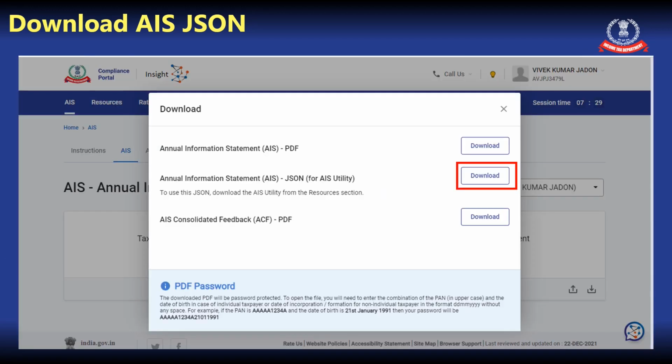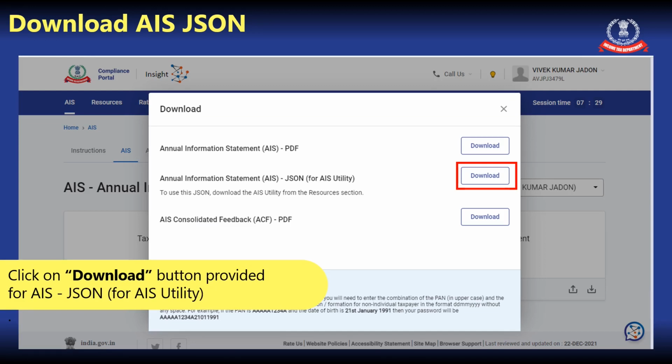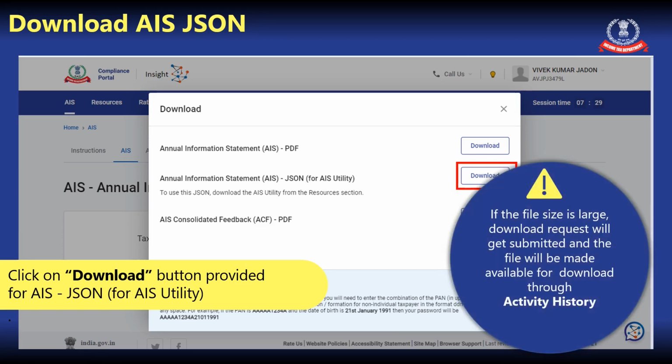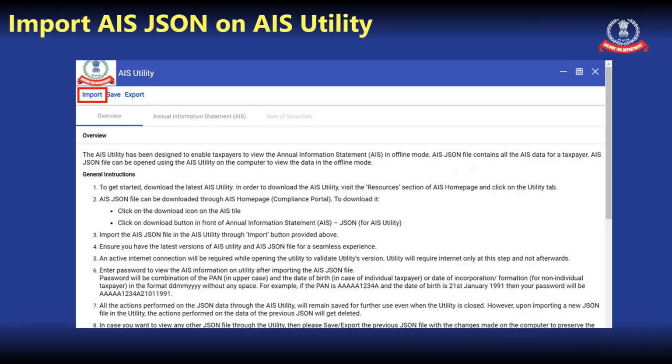So again, you will go back to the same download tab and now download AIS in the JSON format. If the file size is large, the download request will get submitted and the file will be made available for download through Activity History. Now we need to import the AIS JSON on the AIS utility.